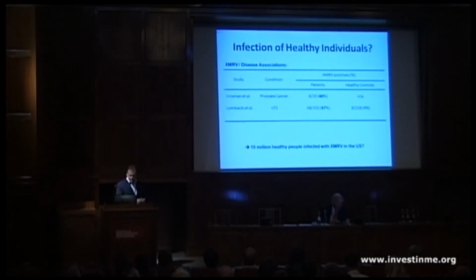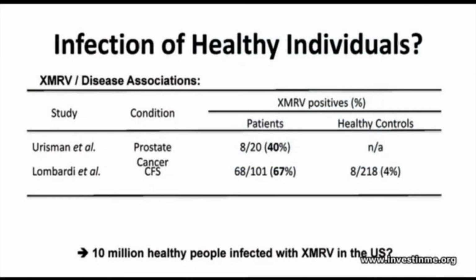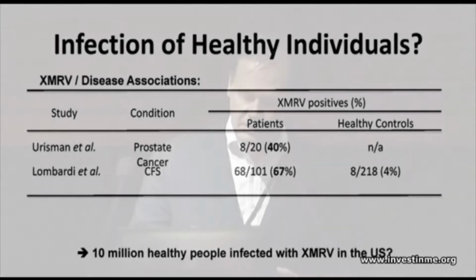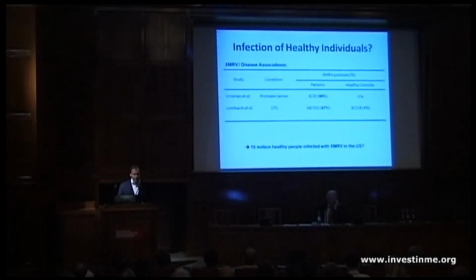But another reason was that this study, and a couple of others, suggested that there was quite a large proportion of the American population and presumably the world's population infected with this virus, but without symptoms. There was a suggestion that maybe these people would go on to develop prostate cancer or chronic fatigue or something else. So it seemed very important to sort out as quickly as we could whether or not this really was a pretty common new human virus.